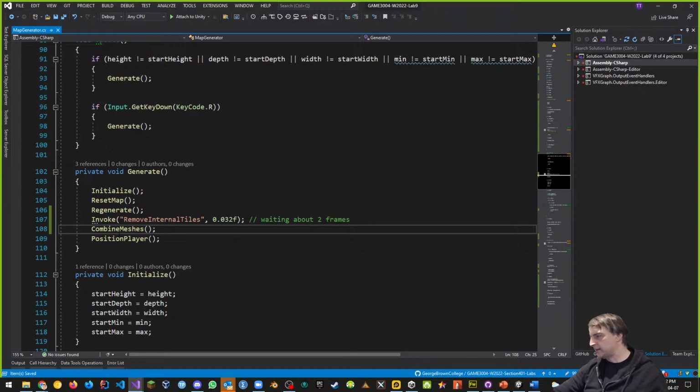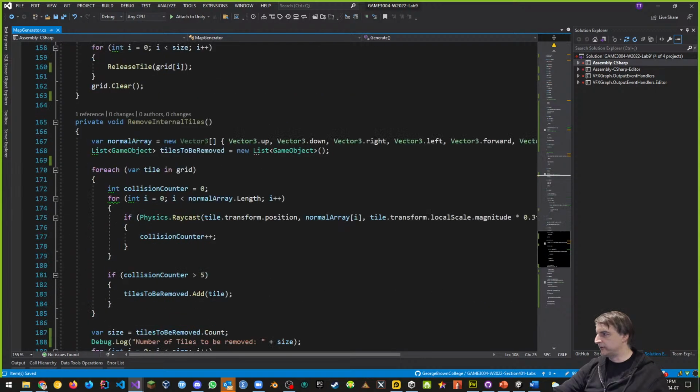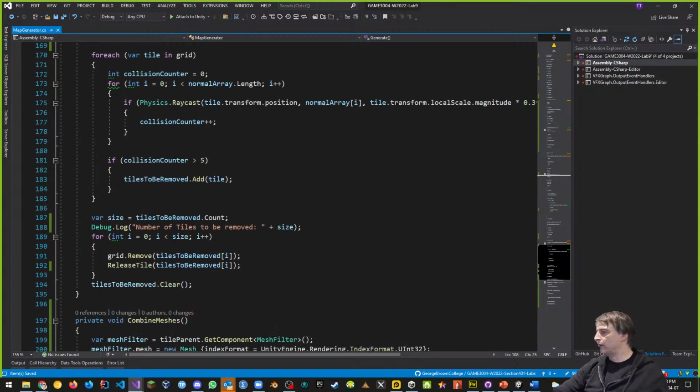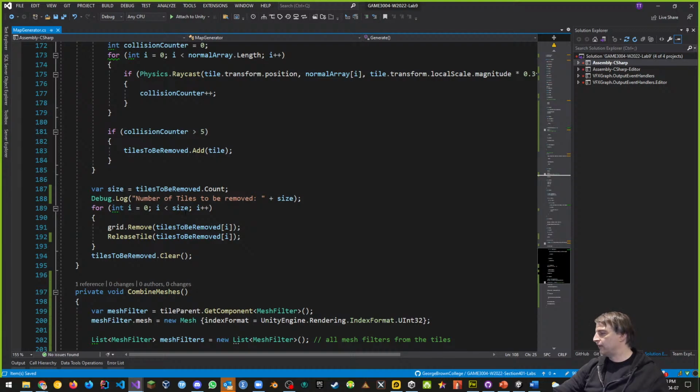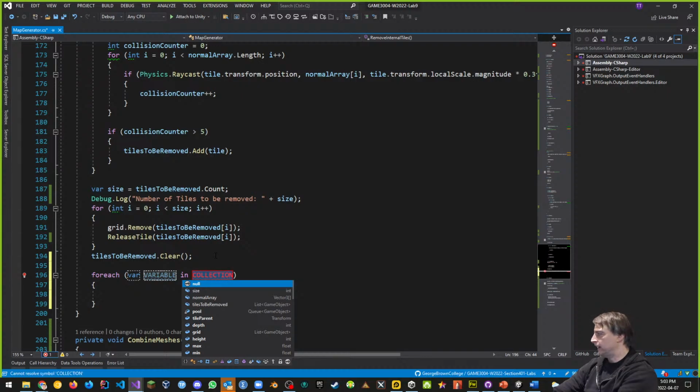Okay, nice. Well, that's okay, but there's got to be some place where I remove all my box colliders at some point, right? And that's probably going to be in my remove internal tiles. So back into remove internal tiles, this one right here. So after I loop through all this stuff and I calculate all the tiles to be removed, then it'd be logical for me to sit there and say, well, now for each tile in my grid,